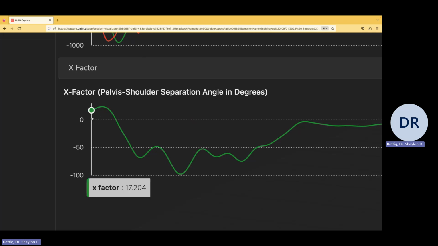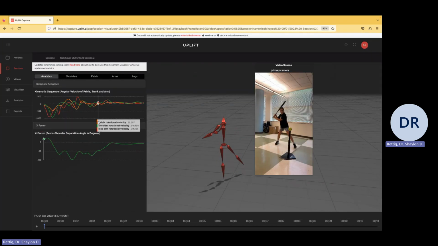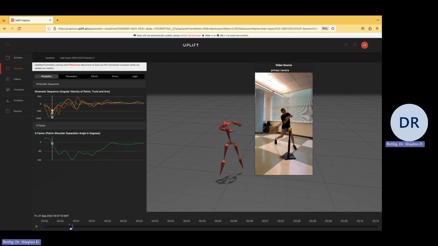I only get an X factor of roughly about 6 degrees. Ideally, you want 25 to 35. And that's anywhere between the negative move and when you come in contact. I did admittedly mark you a little bit on the lower side. So if you go here, you see you're swinging and you see the graph at the bottom left start to change. And then when you get to contact, it does show that there's potentially some separation,